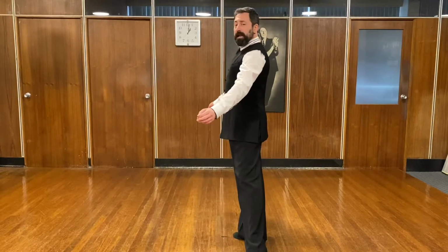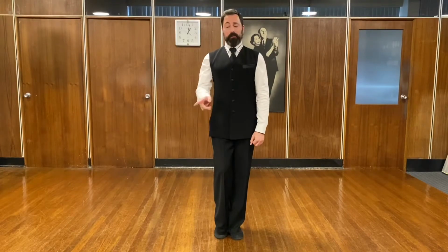and tap. Now ladies, yours is the exact mirror image. We're going to be using our right foot, and we're going to be doing the exact same thing. So when the man does his tap, normally the girl doesn't know he's going to do the tap, so she's going to be waiting here with her right foot. And when he taps, she'll start on the second step. But to make this easy, we're also going to do the tap because we're starting by